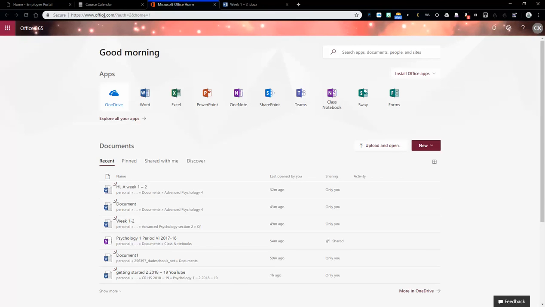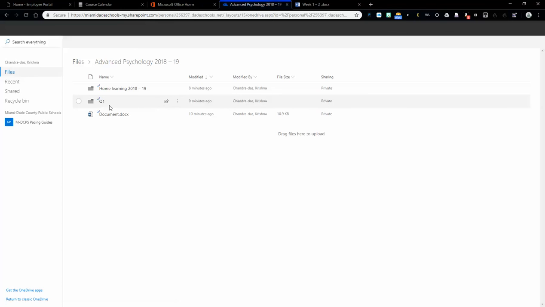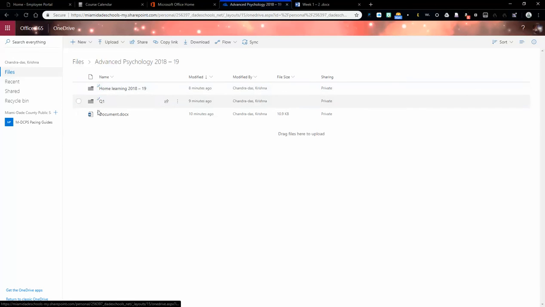So as I said before, the first thing you do is go to your student portal. You go then to this page here, the Microsoft applet page, so you can see your apps. You're going to open up OneDrive. Sometimes you can just go to Word, but if you open OneDrive, you can see once you get to the drive that you have your folders here. So you're going to go to your folder, and then you're going to either use a page that you already have,